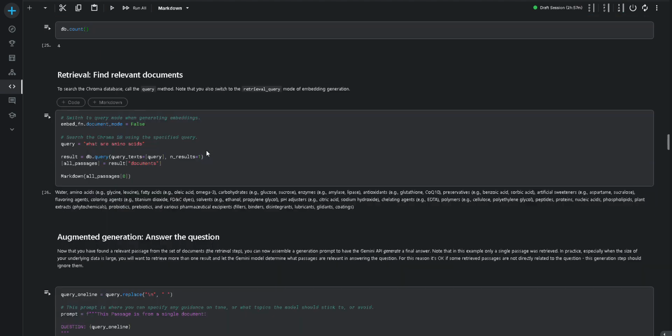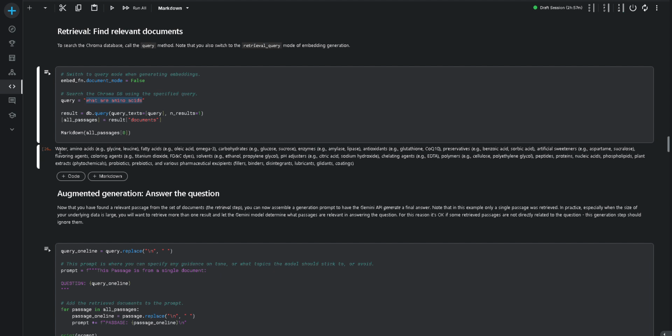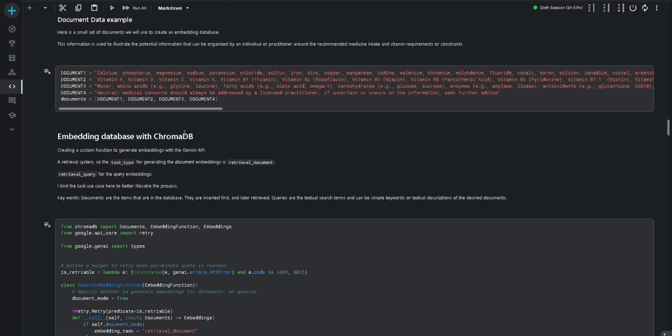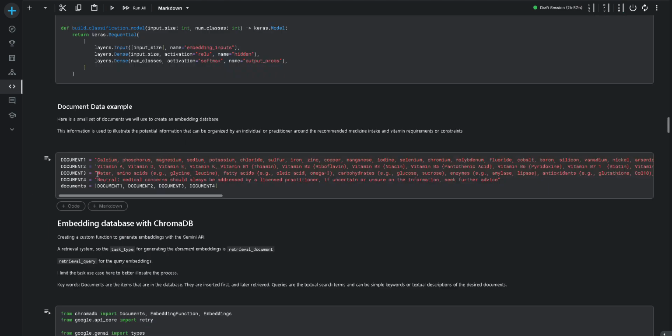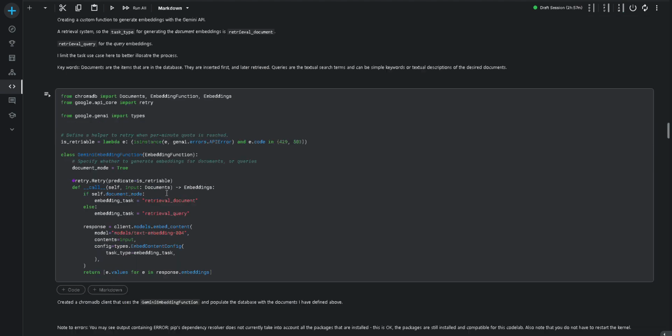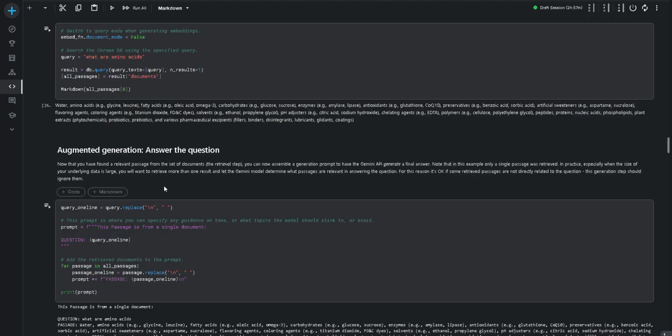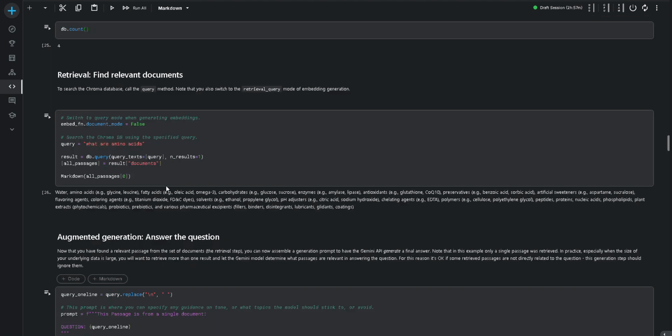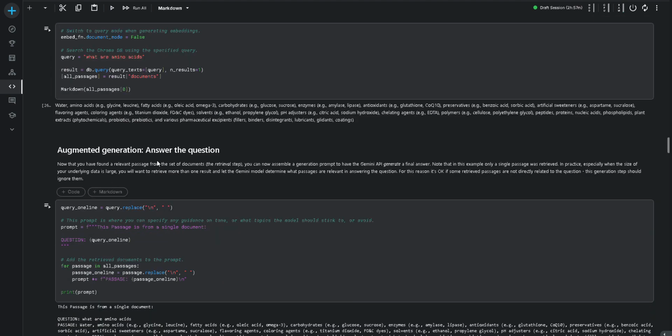Then, moving on, we can retrieve the relevant documents, where we have a query here saying, what are amino acids, and it works through the documents and finds the closest match to that query. This one being water amino acids. We can go back here and you'll find that right above here, document 3. And then furthermore, if I move back down,